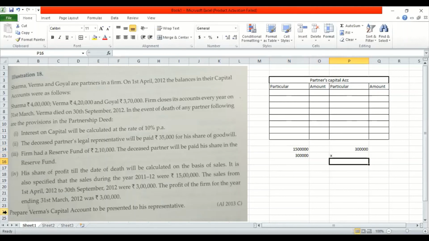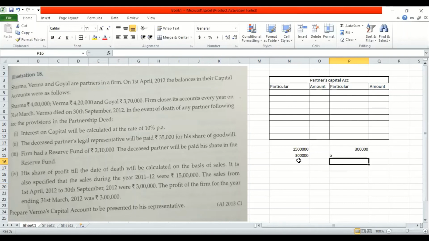I'm putting X. Either you do a cross multiplication or you understand what is the percentage over here. On 15 lakh, what would be the percentage to get 3 lakh? Okay, it's very simple. On 15 lakh, what is the 10 percentage? 1 lakh 50. But it is 3 lakh, so obviously it is 20 percentage. So you should be mathematically a bit smart so that you don't waste time.